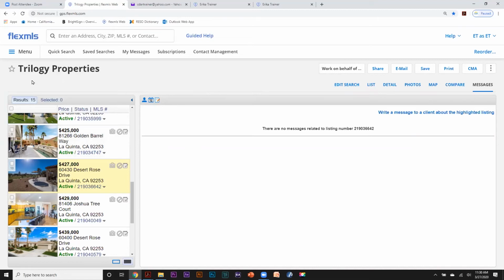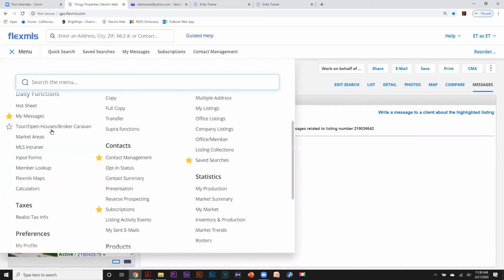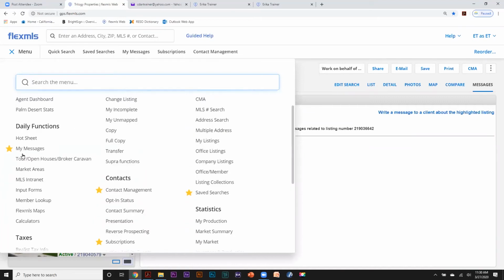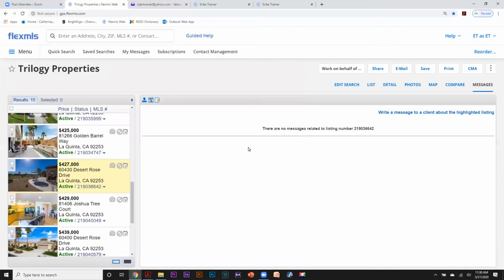And now I'm going to show you where to find the messages that go back and forth from the portal. I already have my messages up on my favorites bar. For you to be able to find it another way, you can go to menu, and under daily functions is my messages. So you can click there and add that to your favorites bar. Another way